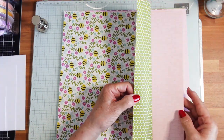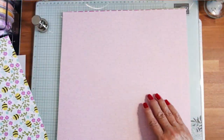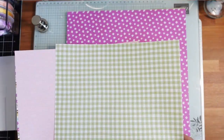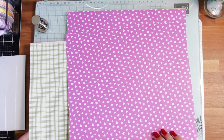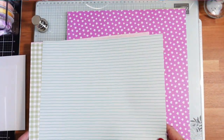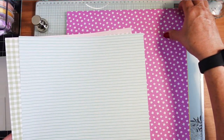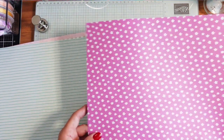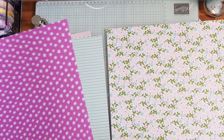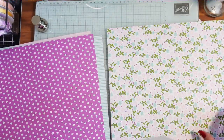Let's take a look at the papers in this kit. So love the back. I think it's super fun. This is adorable, this pink paper here. The back is a nice, easy plaid to use, or check, whatever you want to call it. And then there's this one. I think these are pretty good scrapbooking papers. The backs are especially easy, but you do need to get some crazy patterns. Sometimes you want to fussy cut out the stuff in those crazy patterns, and you do get some